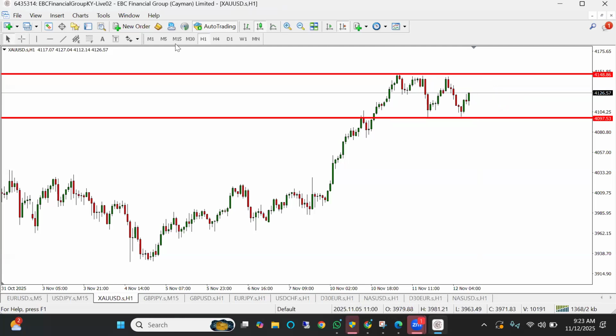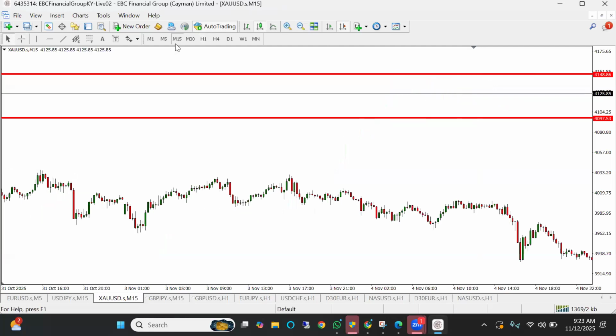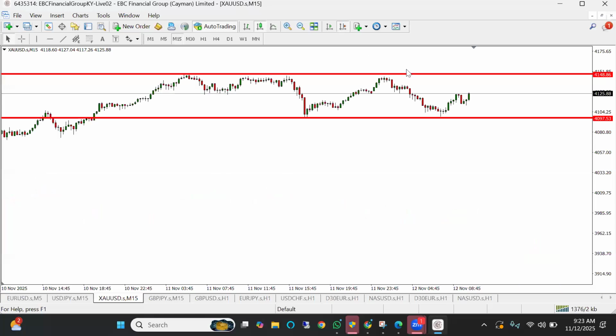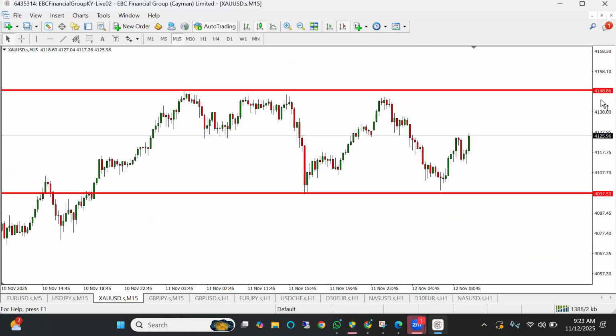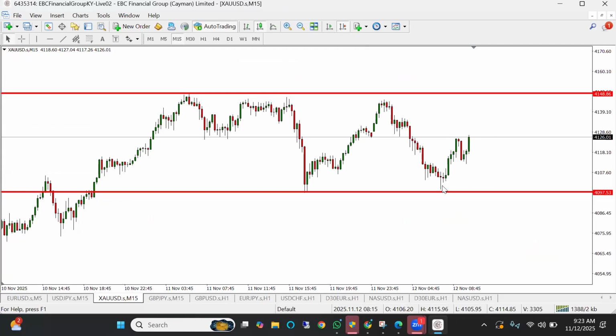But what we want to do is go to the lower time frame. Now we know the zone of interest, the places where we are looking out for price to move. So we want to take this trade using a pending order. You can see how perfect this is looking on the 15-minute time frame. This is so perfect, looking so sweet, and I'm really not happy with myself that I missed this trade